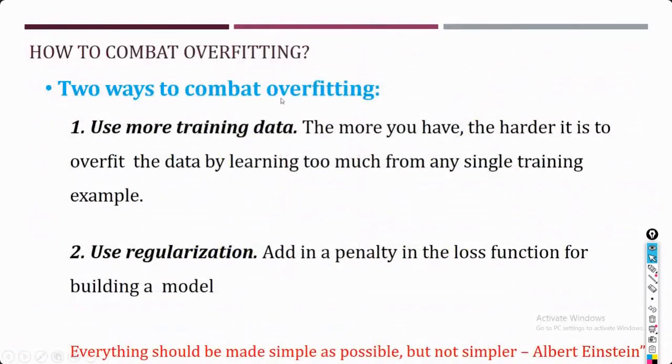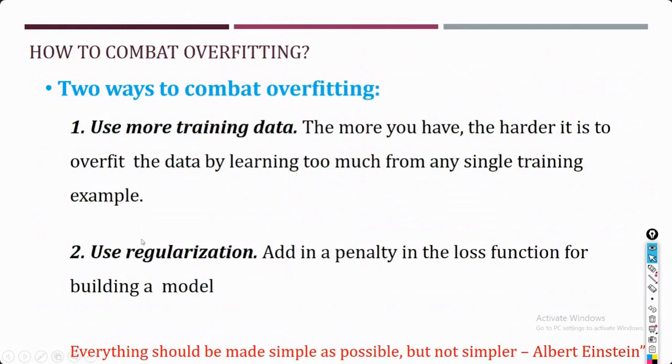So basically, in case of an overfitting problem, there are two solutions that could be used to deal with this. So first is increase the number of instances. Like suppose if I'm having 10 instances, it's quite easy to fit to these 10 instances. If I'm having lakhs of instances, it's quite difficult to fit to lakhs of instances. So I can increase this number of training instances, so that somehow it is going to deal with your overfitting problem. Next one is your regularization.